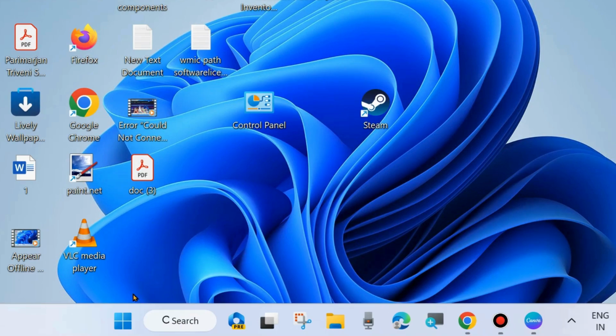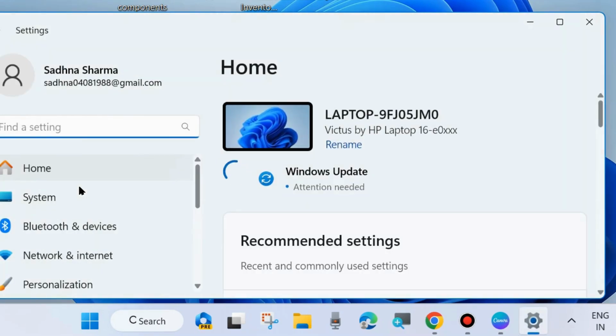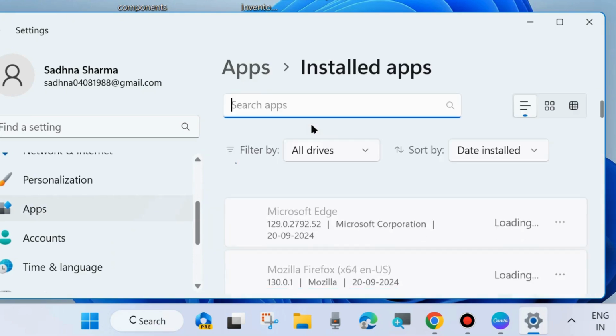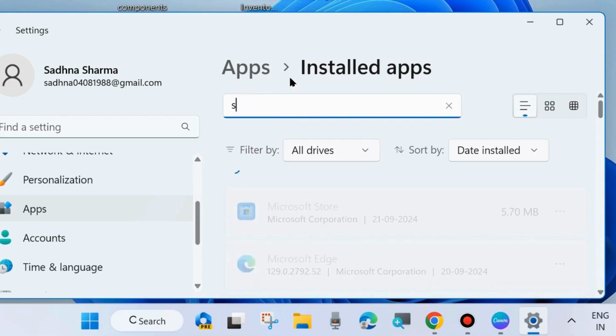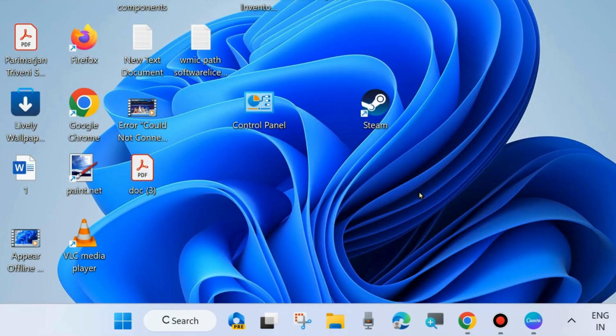One more fix is to reinstall the Steam app. To do so, first we will uninstall the Steam app. Right click on the start button, choose settings. Here from the left side, go to apps settings. Thereafter go to the right side and click on installed apps. In the search field, type Steam and click on the three horizontal dots against the Steam app and choose uninstall. A pop-up window will appear. Again choose uninstall and reinstall a fresh